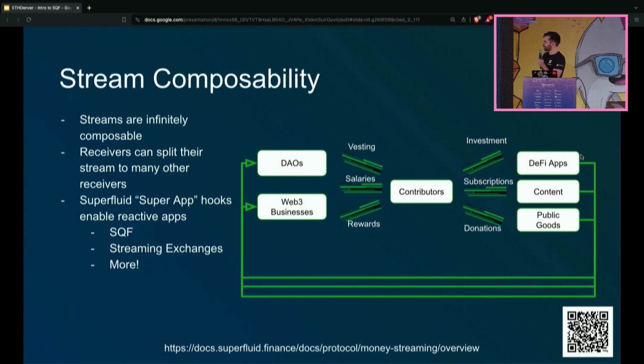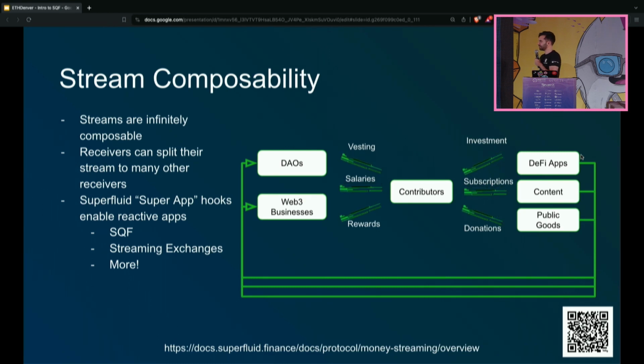And we have a number of other benefits besides. We have the concept of hooks at the Superfluid protocol level, which enable apps like streaming quadratic funding or streaming exchanges and a lot of other stuff that I'm excited to announce and talk about very soon. But in this model, you can imagine, in a very practical sense, Optimism grantees for RPGF3 today are